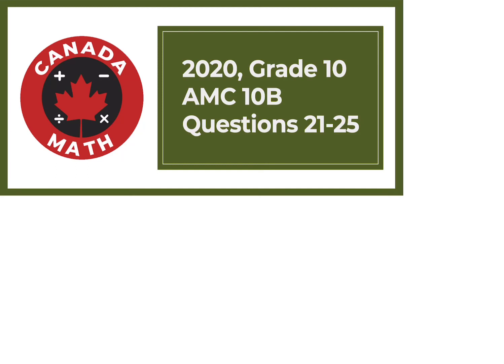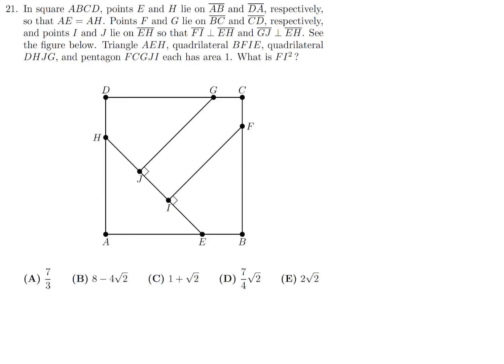Questions 21 through 25 on the 2020 Grade 10 AMC 10B. In square ABCD, points E and H lie on AB and DA respectively, so that AE is equal to AH. Points F and G lie on BC and CD respectively, and points I and J lie on EH, so that FI is perpendicular to EH and GJ is perpendicular to EH. See the figure below. Triangle AEH, quadrilateral BFIE, quadrilateral DHJG, and pentagon